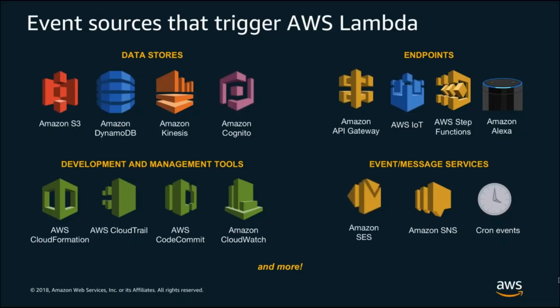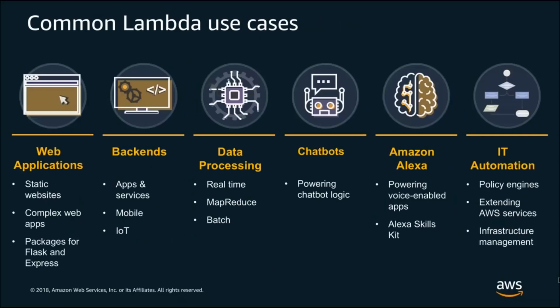And we're not going to go through all these today, but it's important to understand the complexity that exists between all these different event sources, the security model for Lambda, your code and how it's written, and how your code is executed in terms of the invocation model that exists for that invoking service. And across this, when you put these all together, there are a number of common use cases that we see for Lambda and for serverless applications.